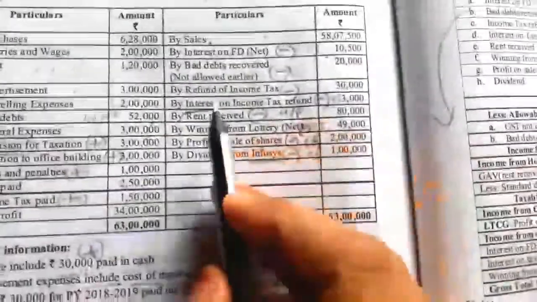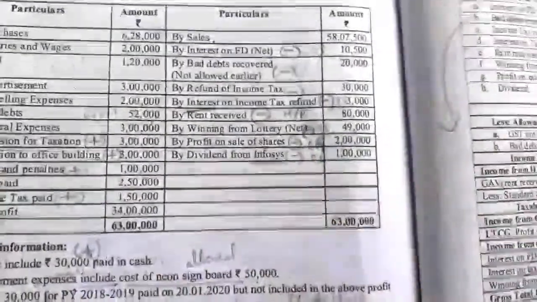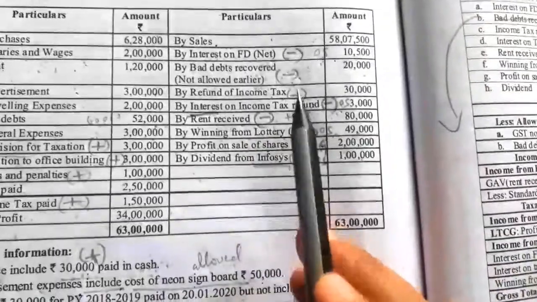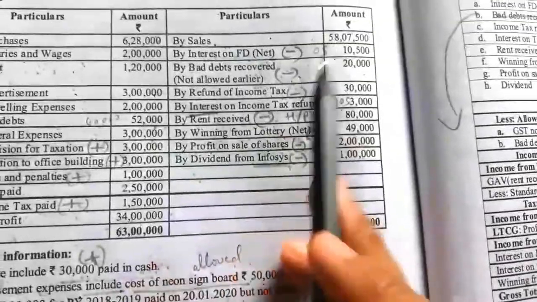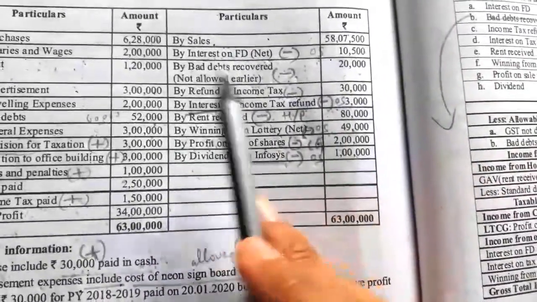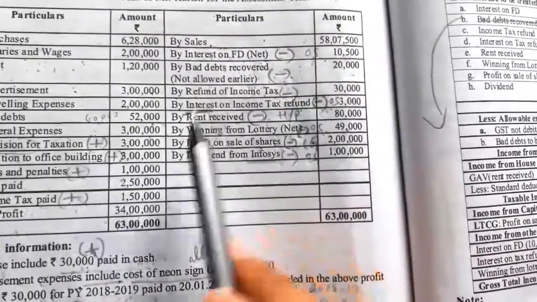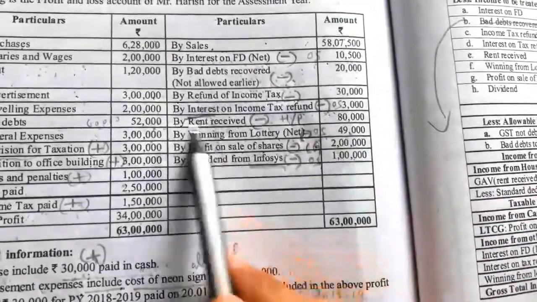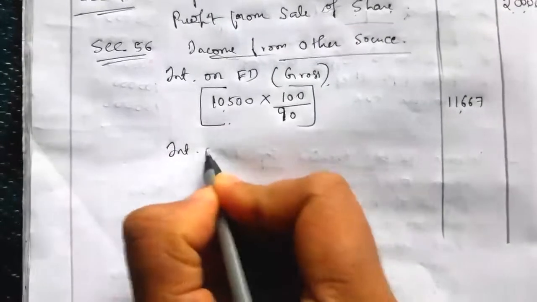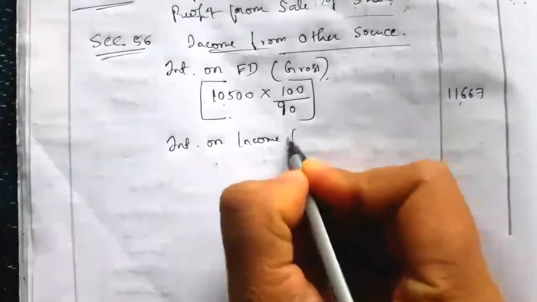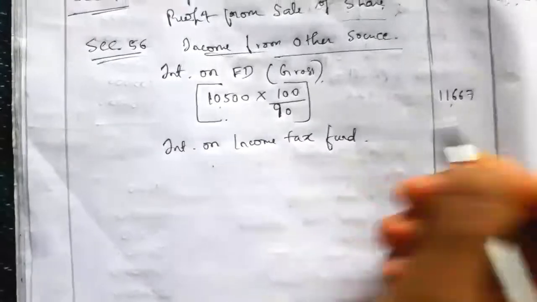Next, the second income from other source. We have to take the second income here. Bad debt recovered is not taxable under other source. Refund of income tax is not an income he is receiving from other source. It is just a refund. The extra income tax he paid, he is getting back as a refund. This is not income. Then interest on income tax refund. Whatever interest income he received on an income tax refund is taken as other source income. So the value given is how much? Income tax refund is 3,000.